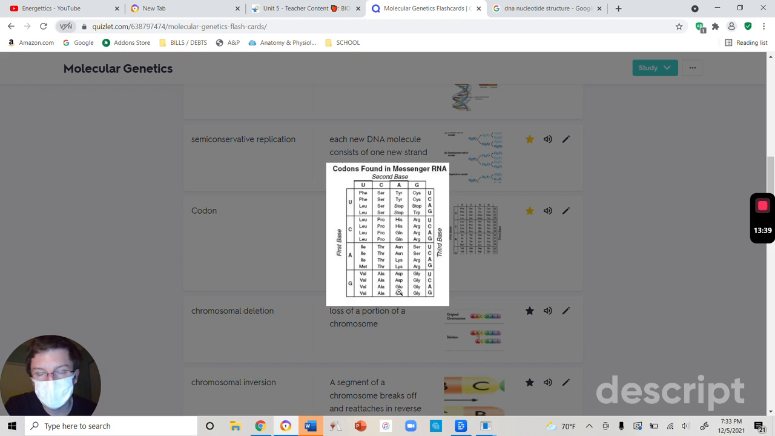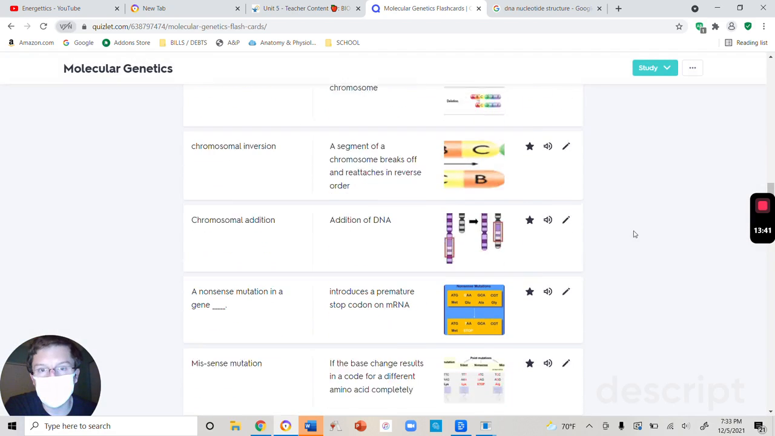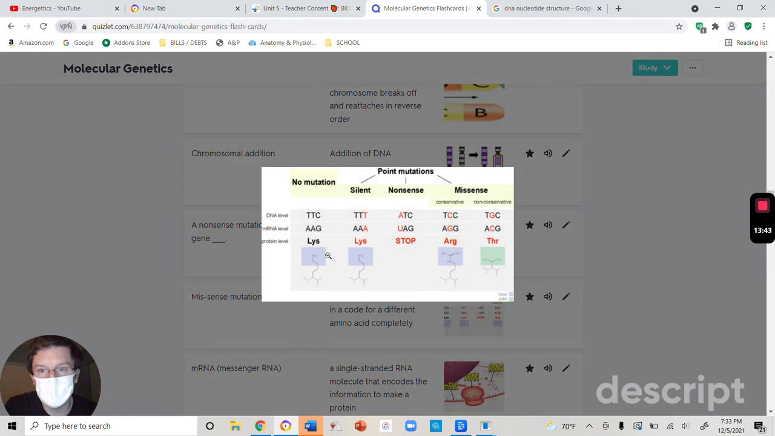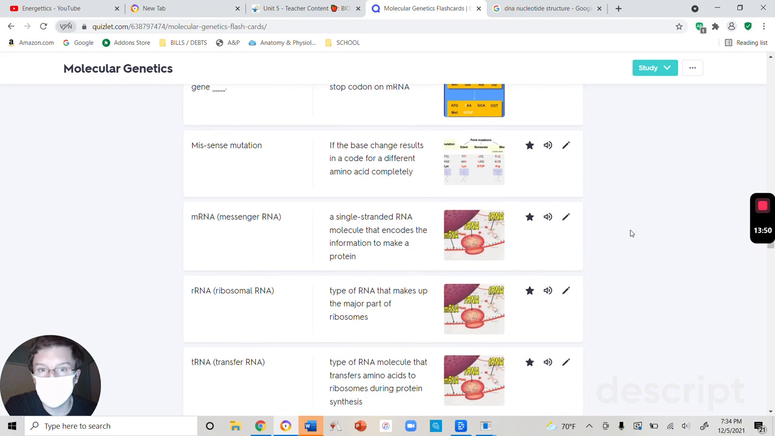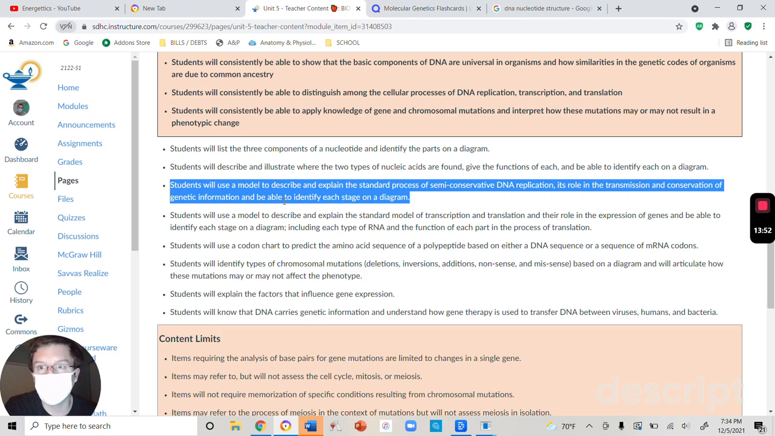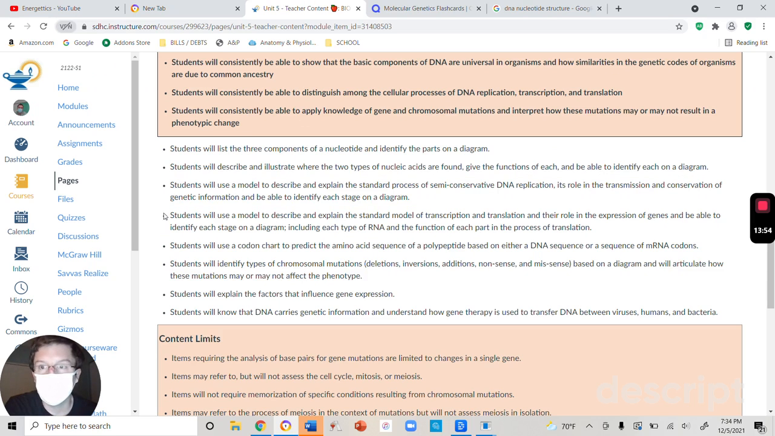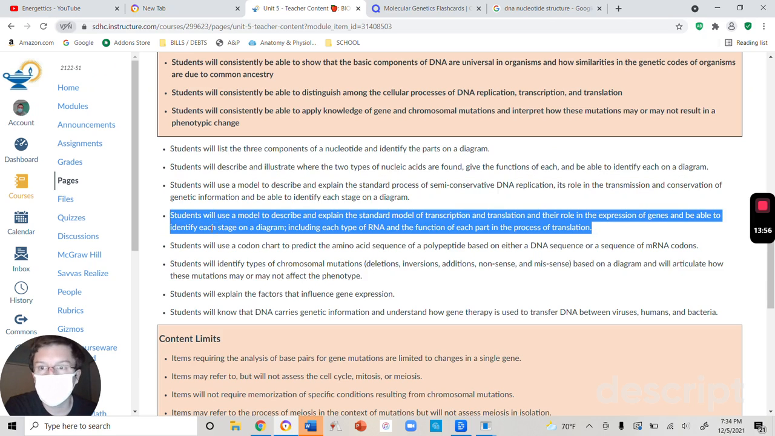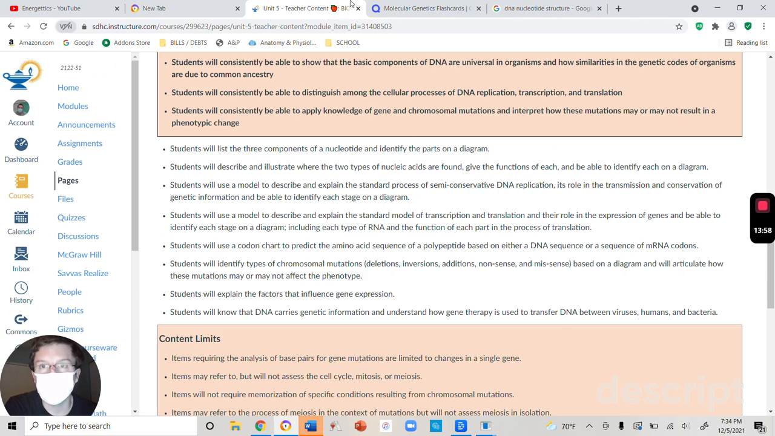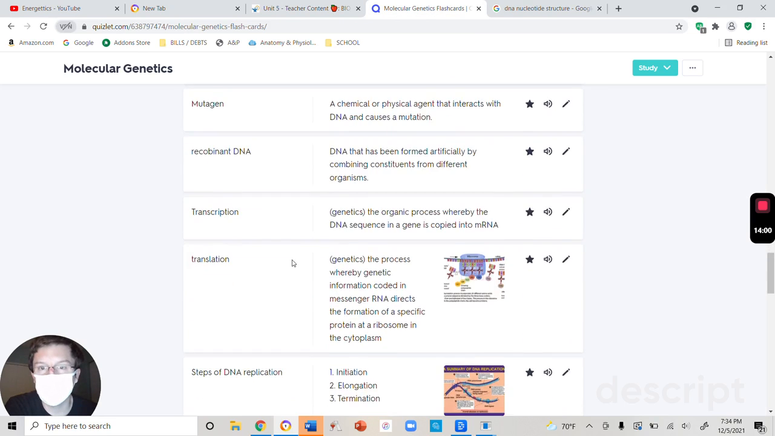All right, so that's what a silent mutation is. Just because we changed a letter does not mean that the amino acid is going to be affected at all. All right, so those are the types of mutations. So let's identify each. Yeah, we need to be able to identify those steps